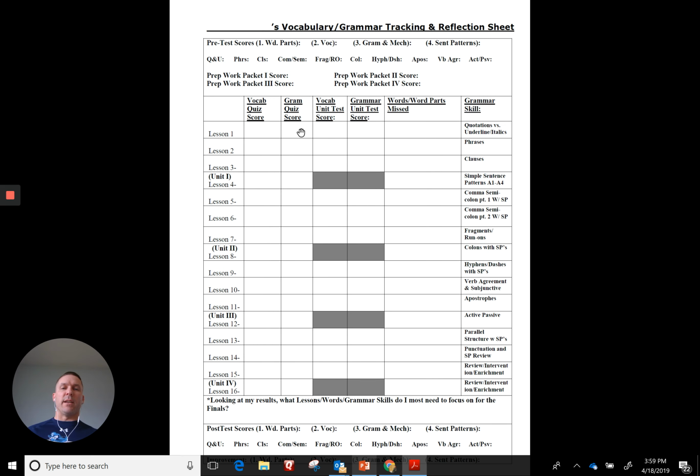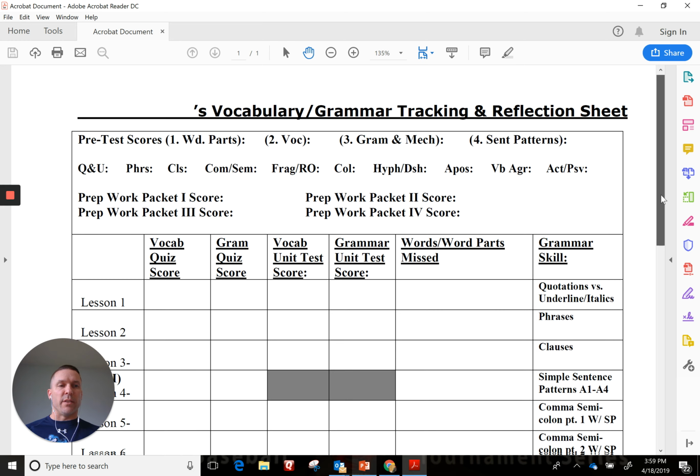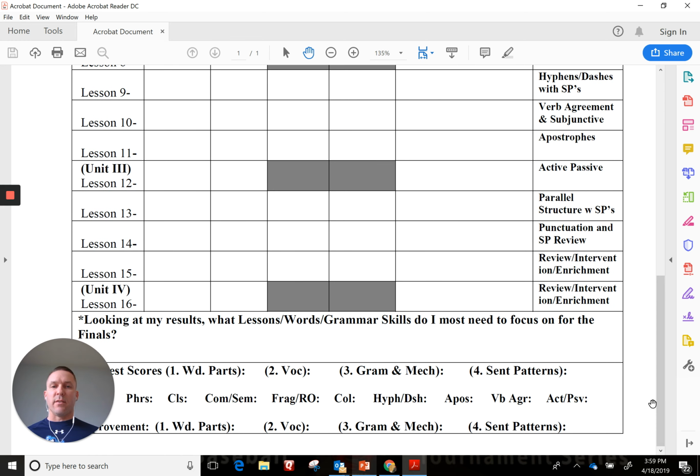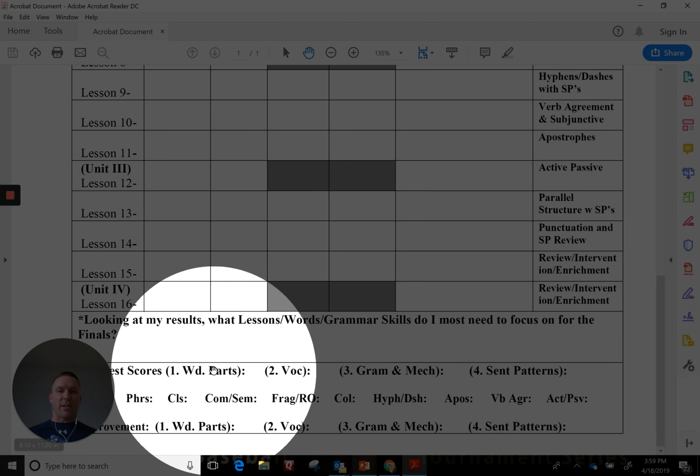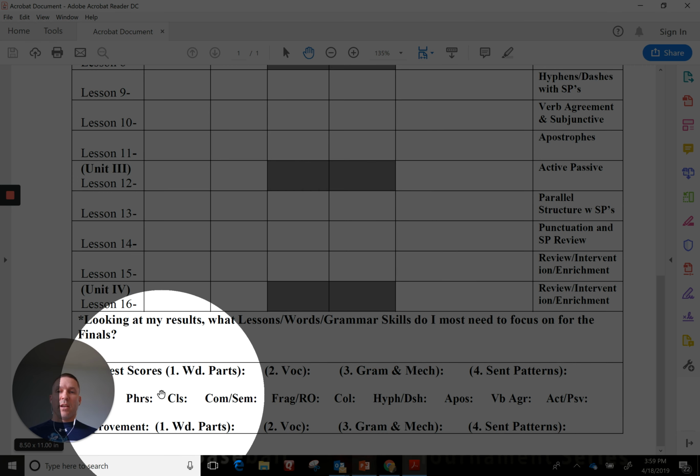Okay, and so I get to go, once I didn't have any knowledge in this area or this was a skill I was lacking in, but I had some instruction, I did some work, applied some effort, and now on my formative assessment I have grown and improved. All the way down to where you're going to get them to the end of the semester or the end of the unit or the end of the year, depending on what makes the most sense for you. You're going to drop all the way down, and I'm going to record my post-test scores in each of those areas. I'm going to process my chunks in each of those areas.